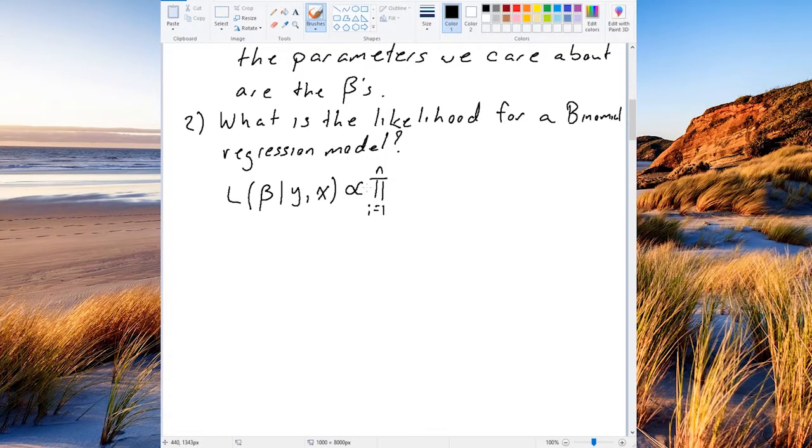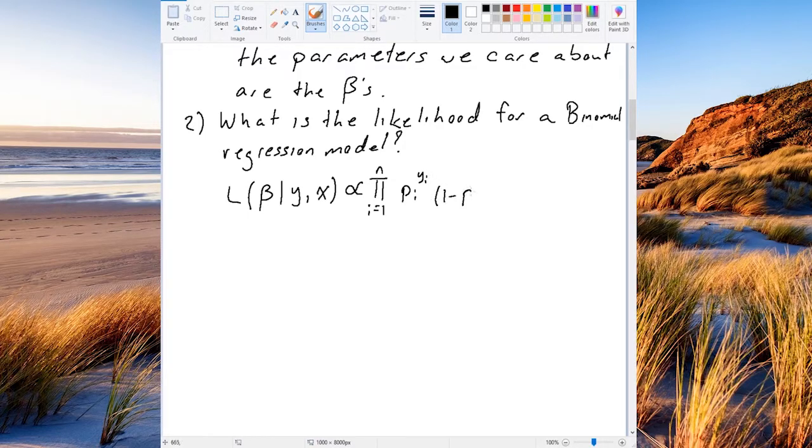So I don't have to worry about the n choose k or the k choose y terms on these guys. I can just deal with the likelihood portion that contributes to beta. So this is going to look like, up to proportionality, pi to the yi